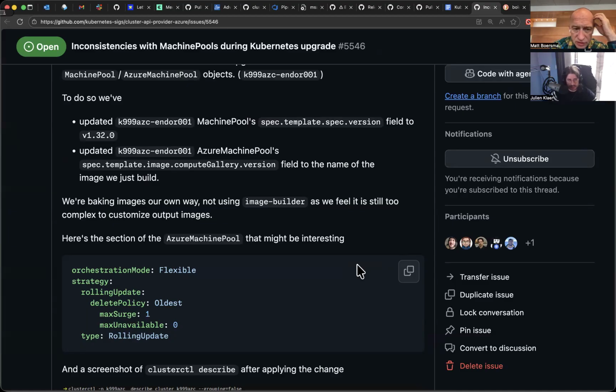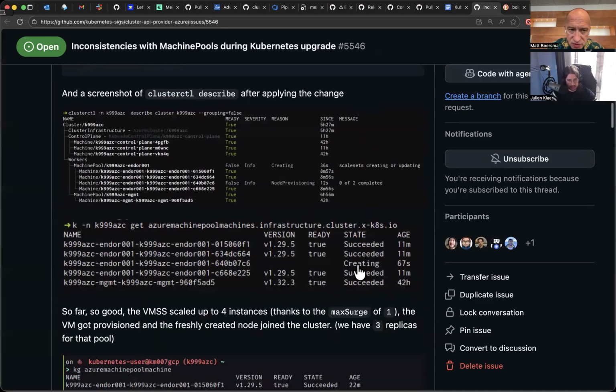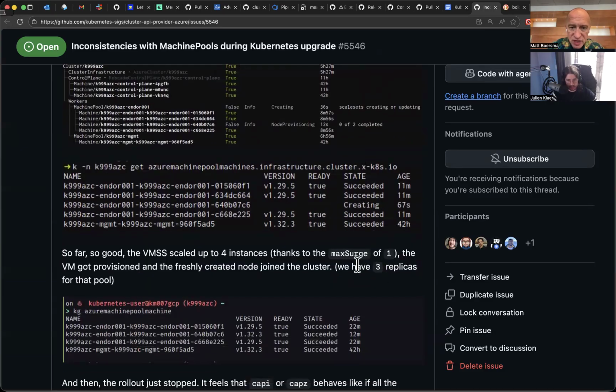Okay, that's good info. I didn't realize it was that straightforward. My first guess is that Flex VMSS must not act the same way, and we probably assumed that it did. The assumption in machine pools, VMSS in general, is that they're all stamped from the same template. The advantage of VMSS Flex is that you can have whatever kind of machines you want in it. But CAPZ doesn't really support that, as I'm sure you're aware. We still treat a Flex pool the same way as though they're all the same, because